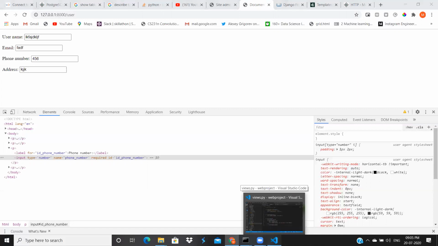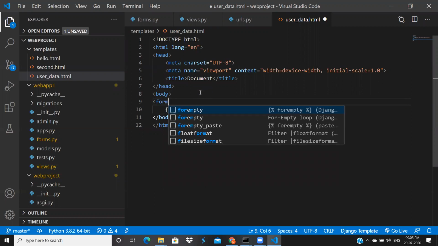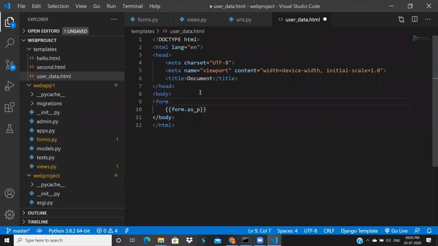For that reason, we have to change something here in user data.html. We have to define one form class, the form tag.